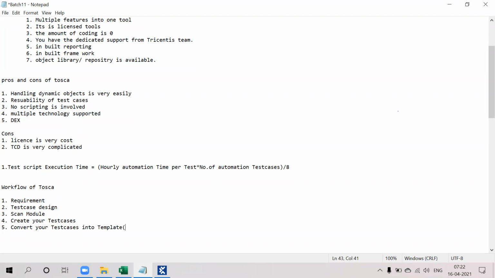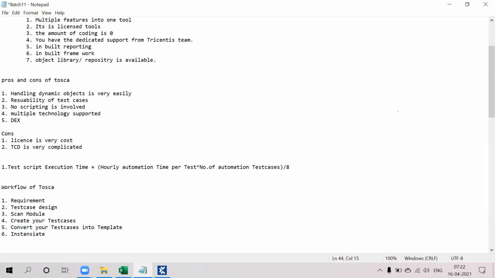Convert your test cases into templates by using some test case optimization techniques. It will be like library, RTV conditions, like if conditions, else, do while, and configuration parameters. You can use them in the test cases. Once you convert your test cases into templates, then instantiate to get bigger coverage based on your test case design.